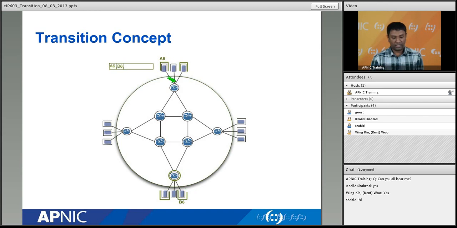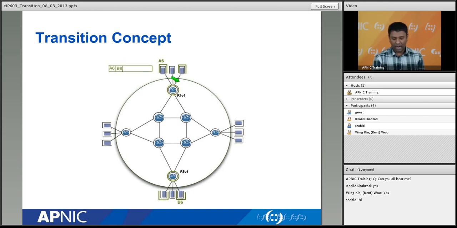So what do we do at the next stage? All right, let's make that router dual stack, so it supports both V4 and V6. Now the router has got two routing tables, one for V4 and one for V6, completely separated, like V4 and V6 are two different protocols with two different routing tables.